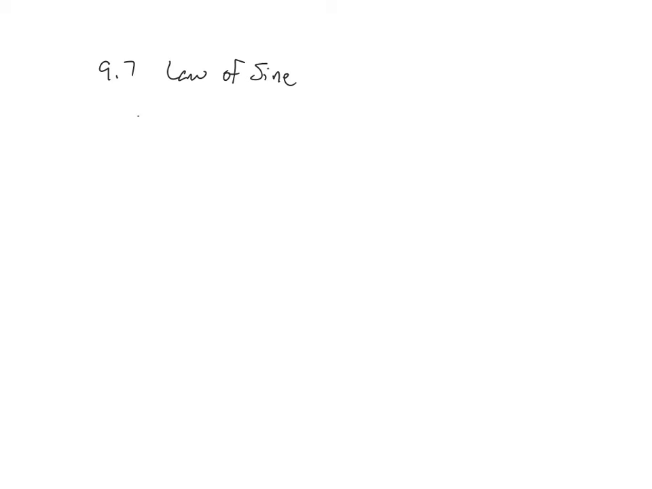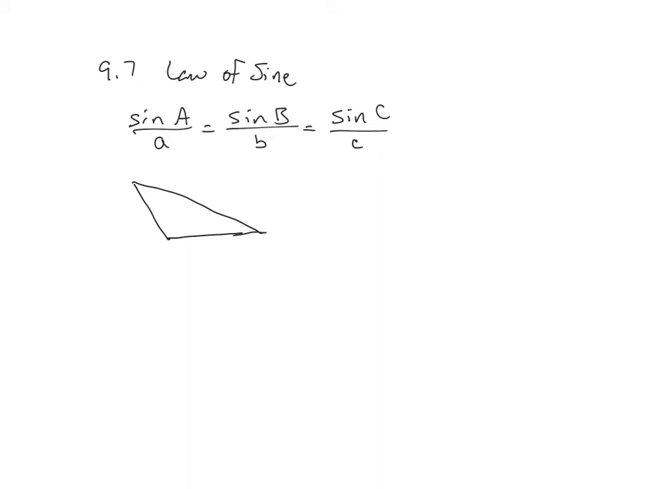So law of sines says sine of angle A over side A equals the sine of angle B over side B, which equals the sine of angle C over side C. You're going to use 2 out of those 3. So we're going to set up a proportion using 2 of those. Okay, so if we had a triangle like this,